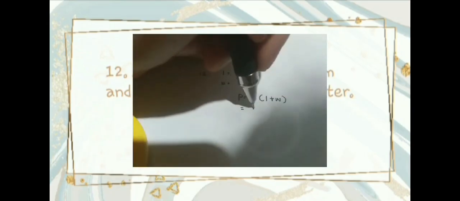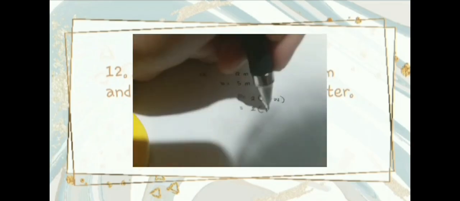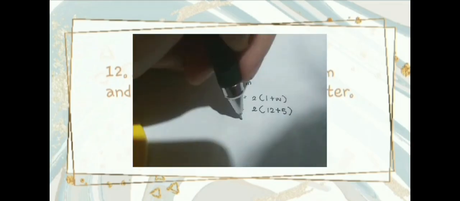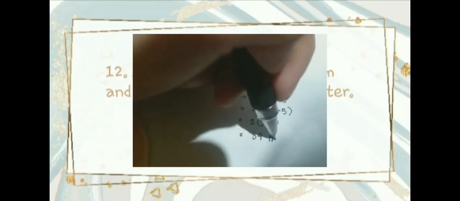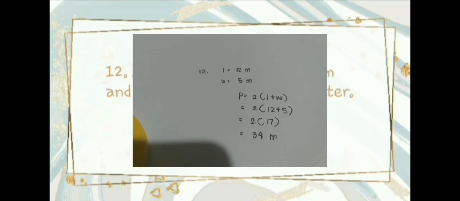So now let's substitute each of these. The length is 12 plus 5. Simplify, 17. So 2 times 17 equals 34. Oh, I forgot the unit, meters. So the answer is letter